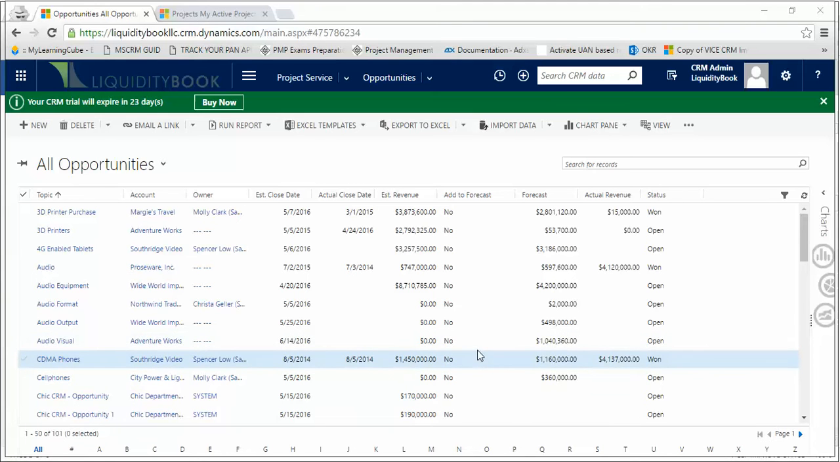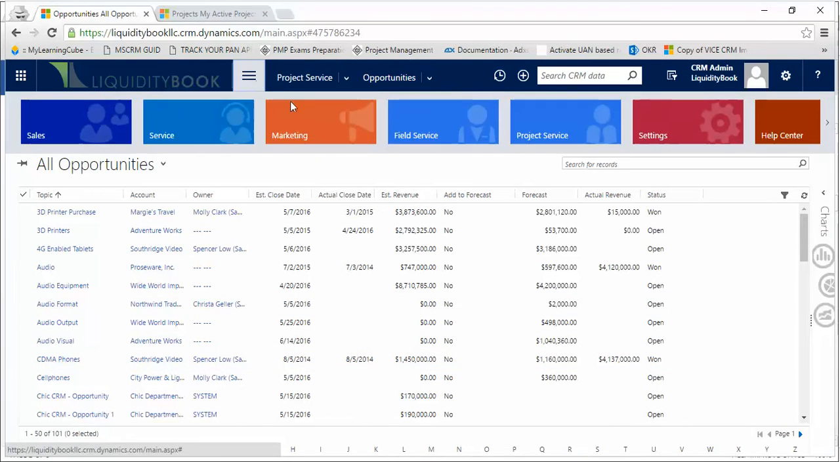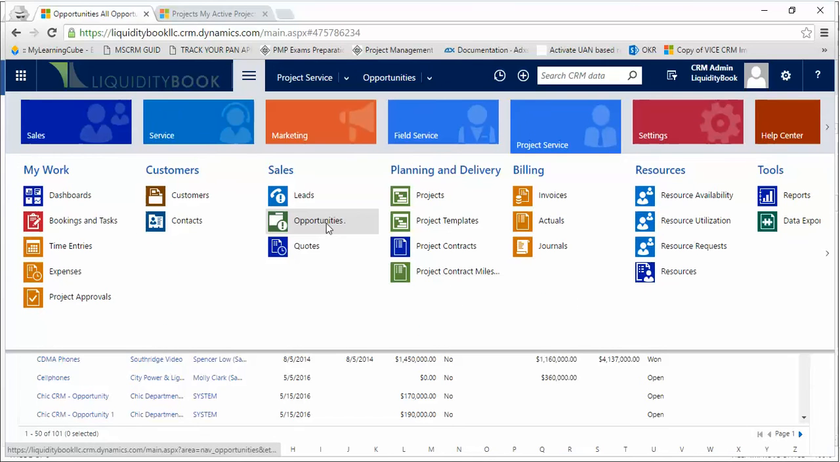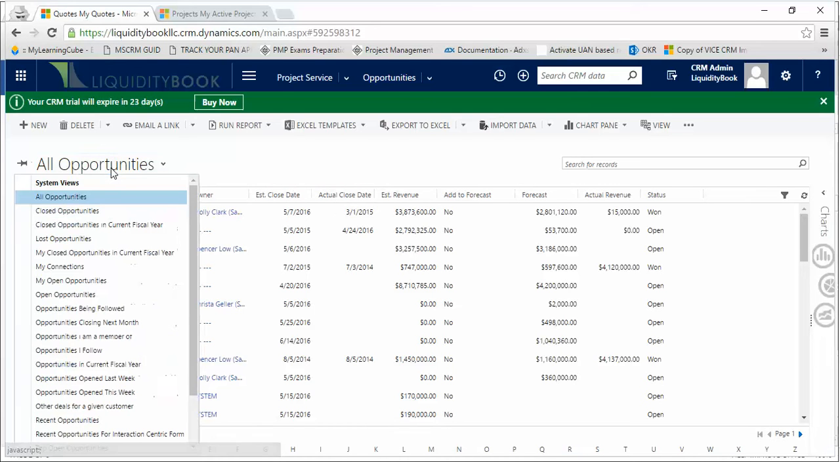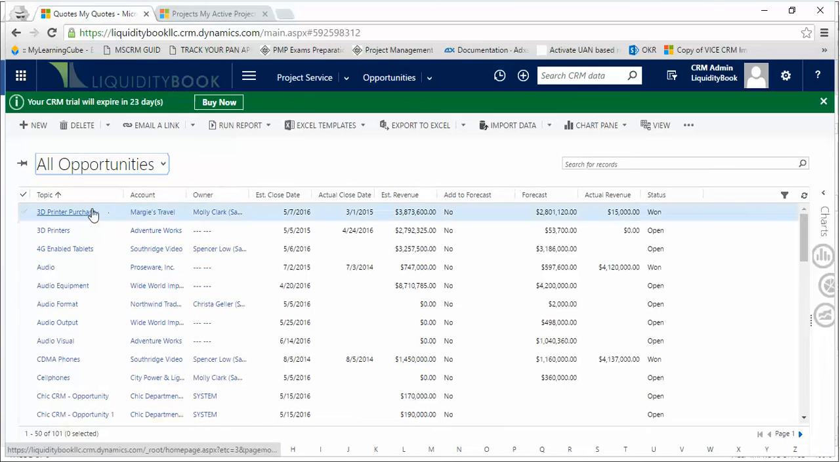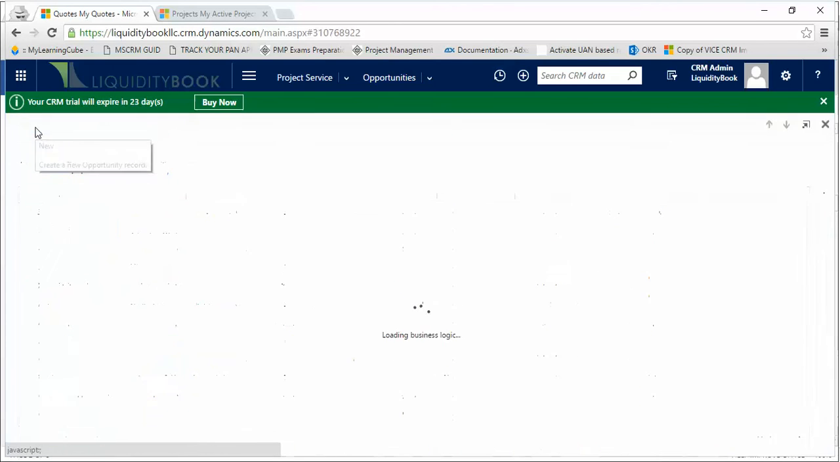To create an opportunity, we need to go to project services from this hamburger menu. We can go to opportunities from here, click on that, and here we land. Here we see all the open opportunities. You can see our closed opportunities, lost opportunities, and you can even create your custom views for the opportunities that you see. So let's begin creating a new opportunity. Click on new,